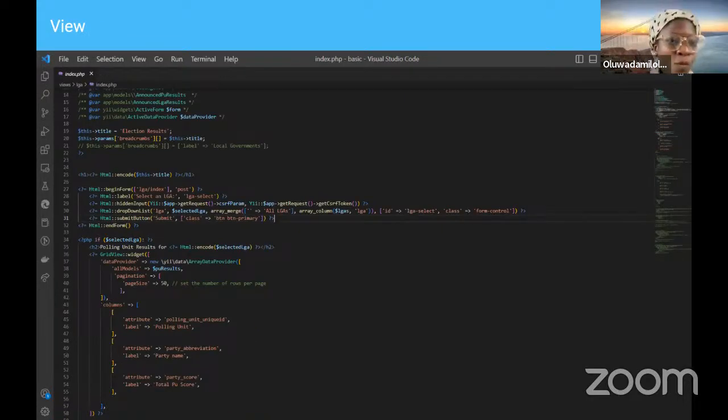In the view, we are creating the page that is going to be displayed to the user. So the controller and the model do not handle displaying of the page. It's not going to display anything to the user. It's just focused on the back end. So the front end would be done in the view. As you can see, there's an